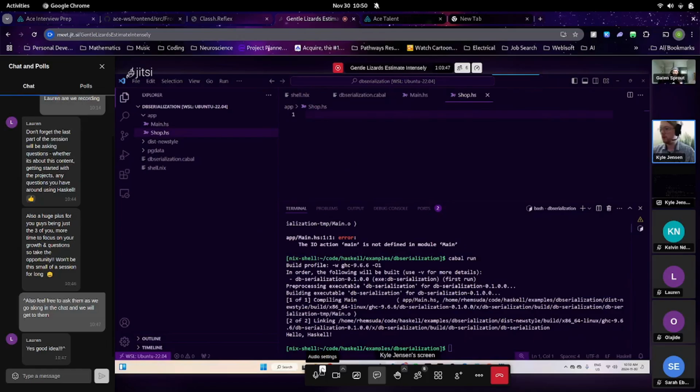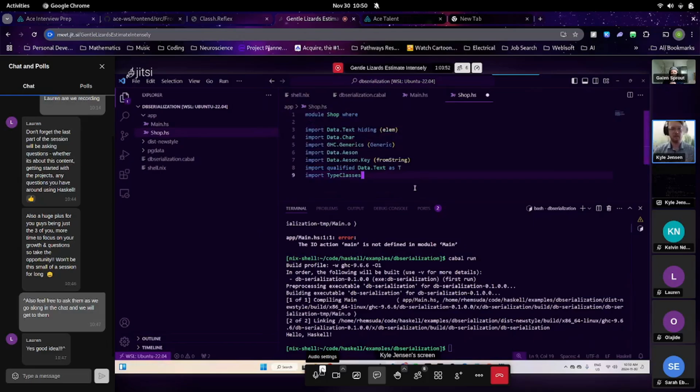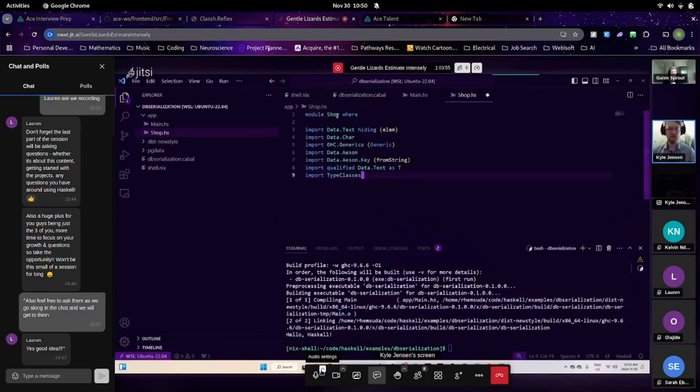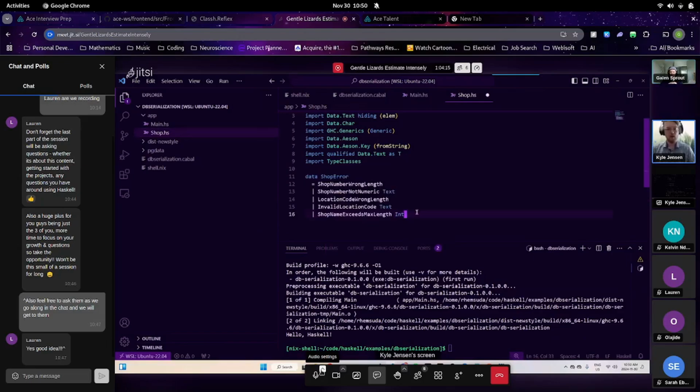So I'm going to copy these all in. Just for the sake of time, if there's anything I'm doing that doesn't make sense, feel free to ask. But I'm just going to be copying in all the imports so that I'm not iterating through the compiler, having it tell me what I'm missing. Effectively, all you're importing there is just the ability to do JSON manipulation. Okay, and so I guess first I'll model the shop. And then type classes, I believe, is your own module. Yep,